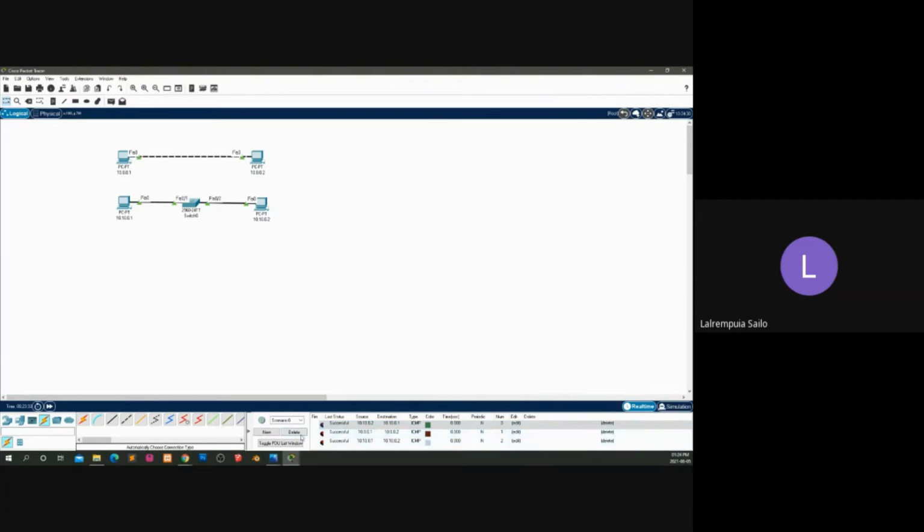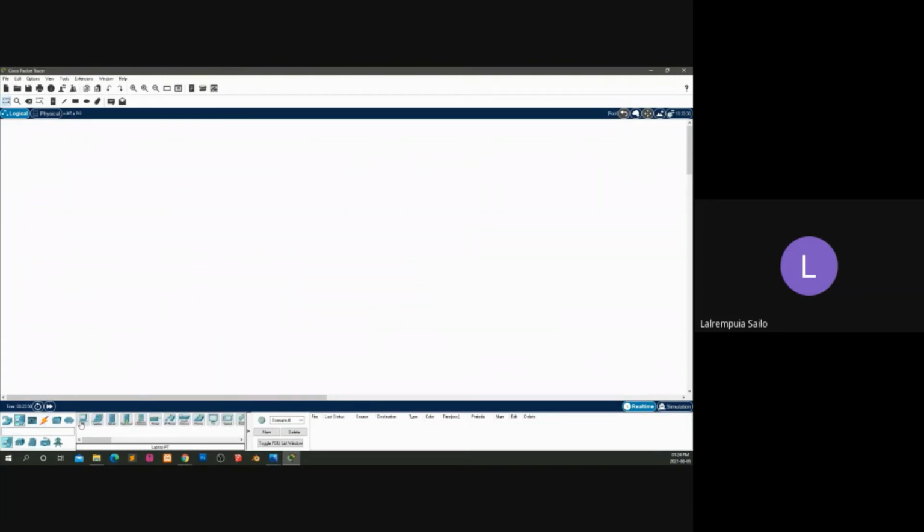So for removing this one, click delete. It removes all the PDUs from the beginning. Let me remove this one. Okay, this is the original interface of Cisco Packet Tracer. Let me insert two host computers and cables. Click here. If you connect it in this state, without physical connections, without a connecting device,